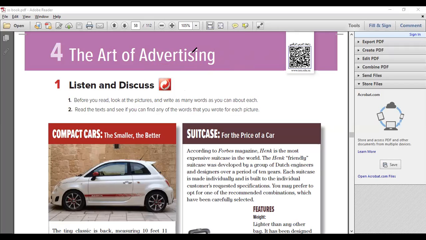Thank you. You're welcome. So, the art of advertising. What is the meaning of advertising, by the way? Advertisement. Yes. Do you like advertising? Do you enjoy it when you see advertisements on the TV? No. Why? It's so boring. I think that whenever a company does an advertisement, we won't forget it, right? Yes, of course. I don't like it.